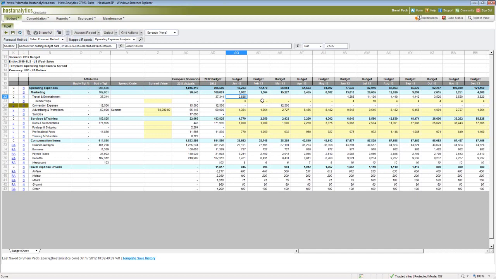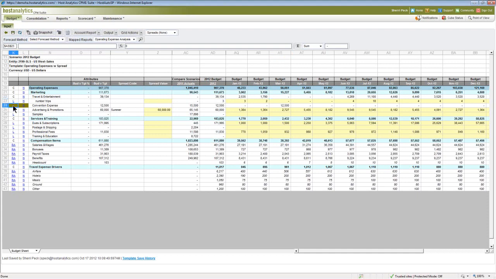So the people that are inputting on these templates really can focus on the business of what they're doing and not have to worry about pulling together, well, what are airfares, and are there seasonal differences, and how do I multiply that out and roll it up? So as I'm making inputs into my travel lines, it's automatically calculating what the combined travel and entertainment expense will be for that month. I can also add more information than what you see. Let's say for convention expense, I want to add some additional detail to help the reviewer understand where I come up with my amount. So I click on my line.